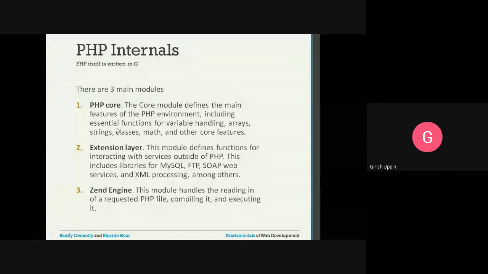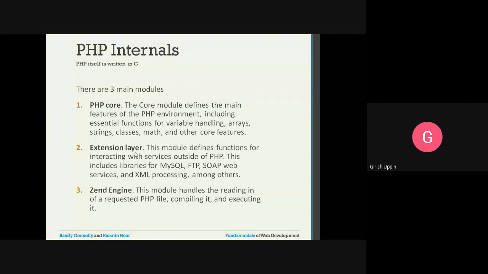In the case of the extension layer, this module defines functions for interacting with services outside PHP, and those include interacting with the MySQL database, FTP (file transfer protocol), SOAP, web services, XML processing, and many other layers. That is done through the extension layer module in PHP.